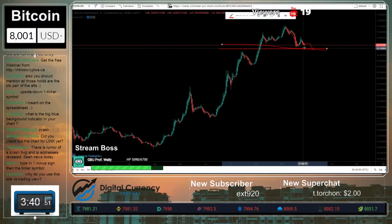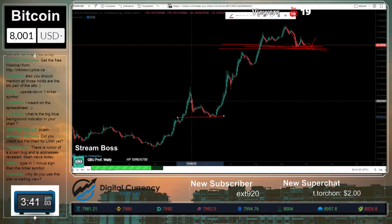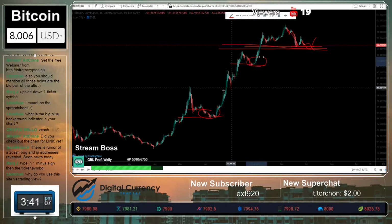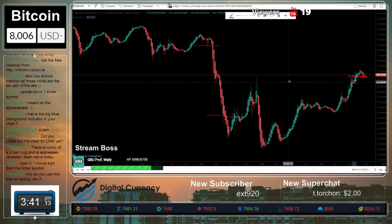So as this manifests here, we're going to see all of these bottom formations in our altcoins taking off, and we'll watch this. If it starts to pull back at all, then all of our alts will have to pay attention to it, because there were many times where it looked like it was going to be alt season. Looked like it was going to be alt season. But this trend is still intact. And if I go back to the long-term view,